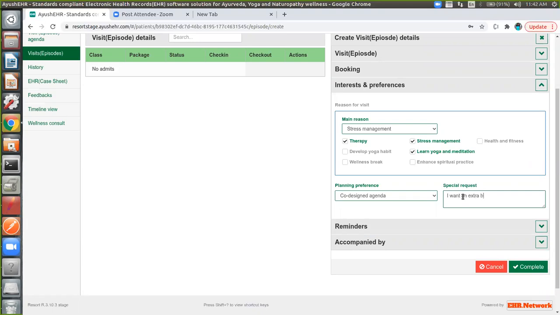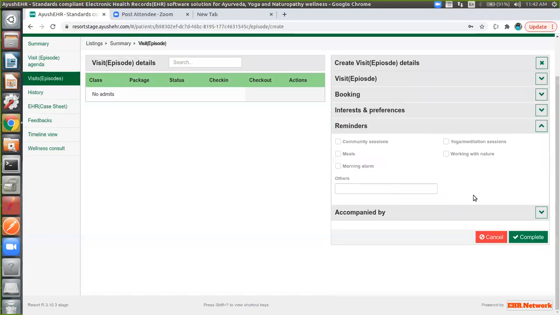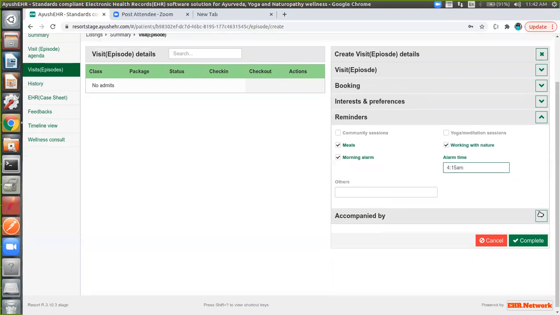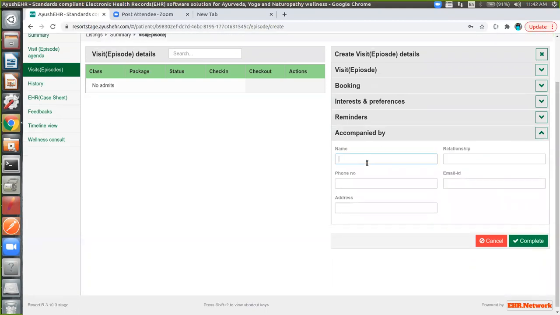In reminders, they can also set alarms. They can also give accompanied by, with whom they are accompanied and the relationship between them. So this covers the booking visit.